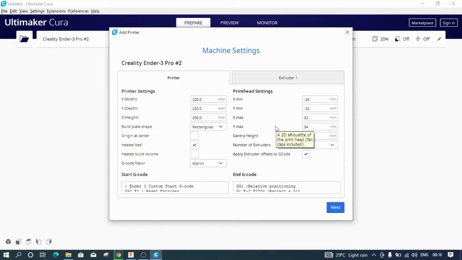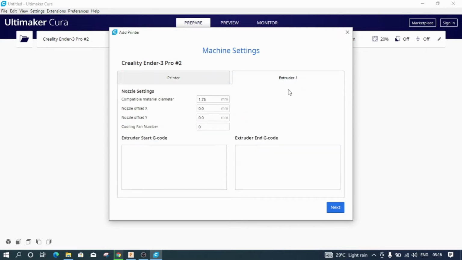and the machine settings menu opens up like this. All the printer settings like the width of the build plate, the depth of the build plate, and the height of the build plate, all these dimensions will automatically be pre-populated for you. So you don't need to worry about these default settings at the moment. We will come back to this later in more detail, but for now we will use the settings as mentioned. And one more thing, the material diameter, that is the filament diameter, for most 3D printers is 1.75 mm, but a few 3D printers also offer inserting 2.8 mm filament diameter.